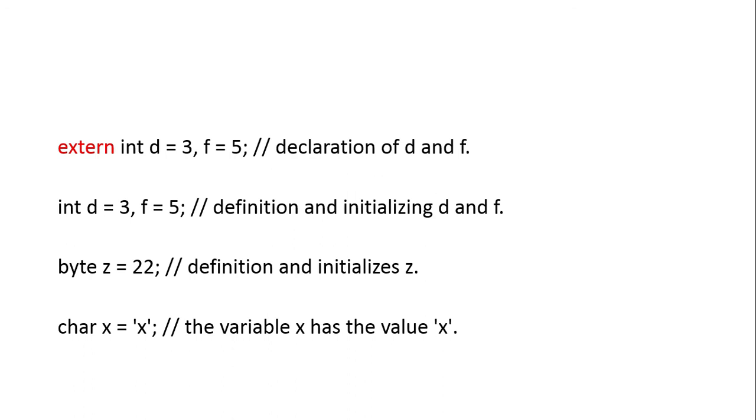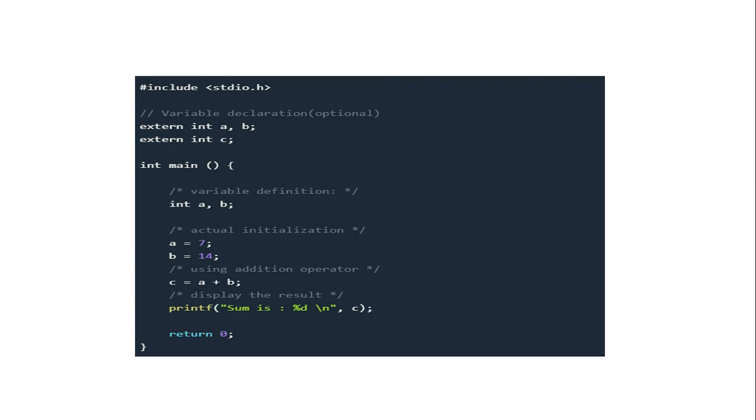You can declare it as you wish. And the next thing, how to declare the extern keyword in a program. It is an example program to write the extern keyword. I can declare the variables int a, b and int c outside the main function. So inside the main function, I don't want to declare the c variable. I can directly operate on the c value, c equal to a plus b. So that is the use of the extern keyword. That is one of the main advantages of using the extern keyword.